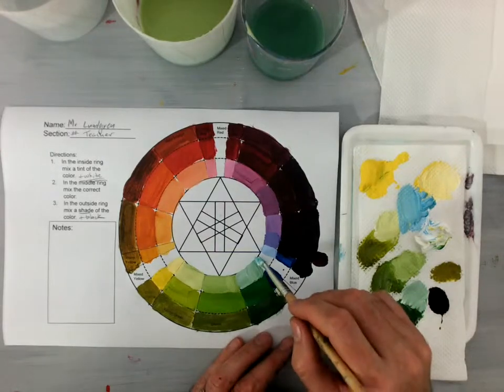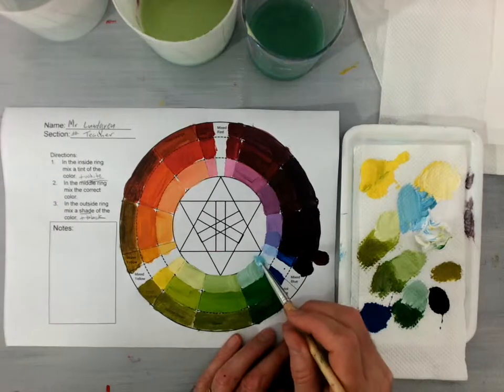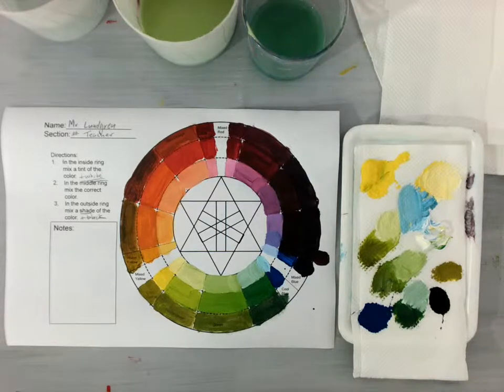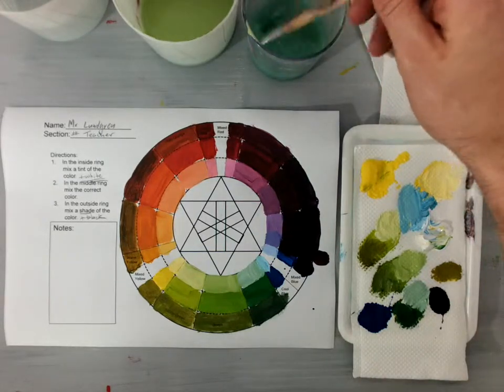The woes of having a dirty palette. I just got some yellow in there, but this blue is like sky, bright greenish blue, sky blue. Love that color. Alright, and then last but not least here on my picture, the shade of cool blue, which